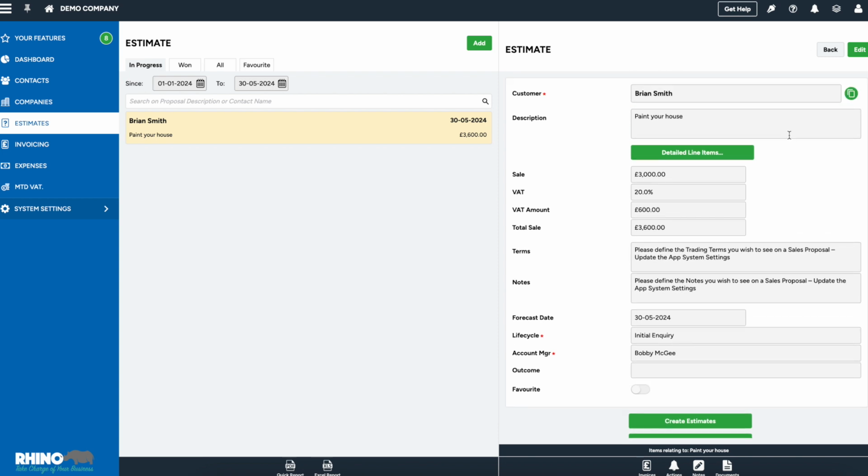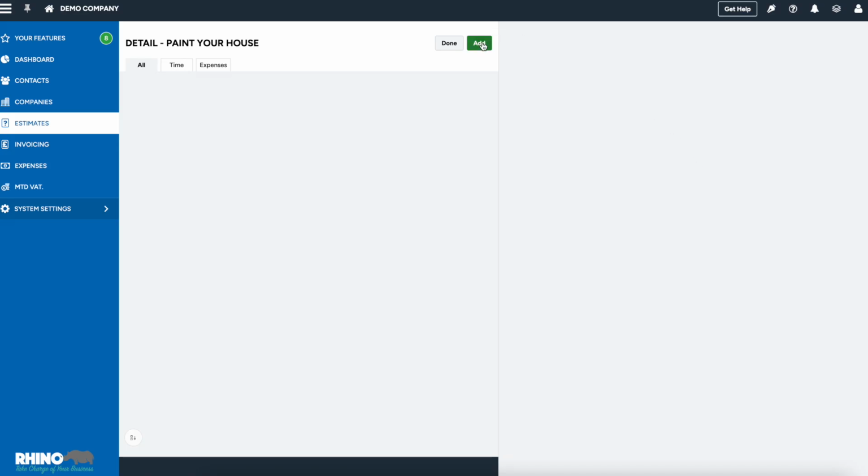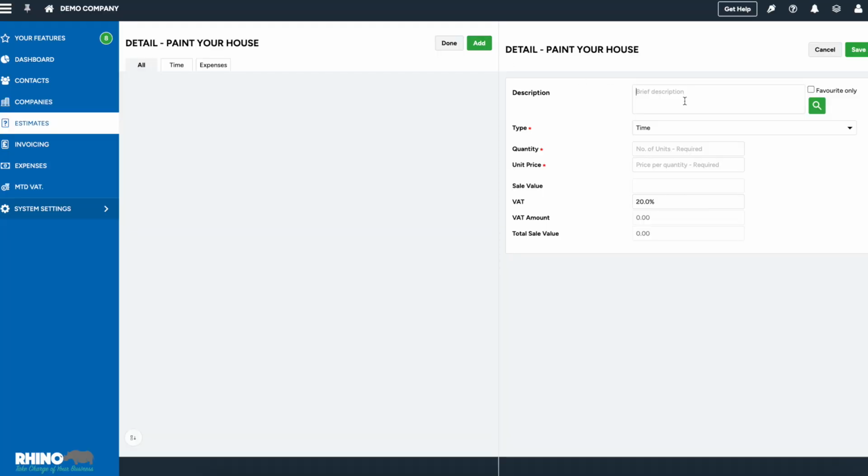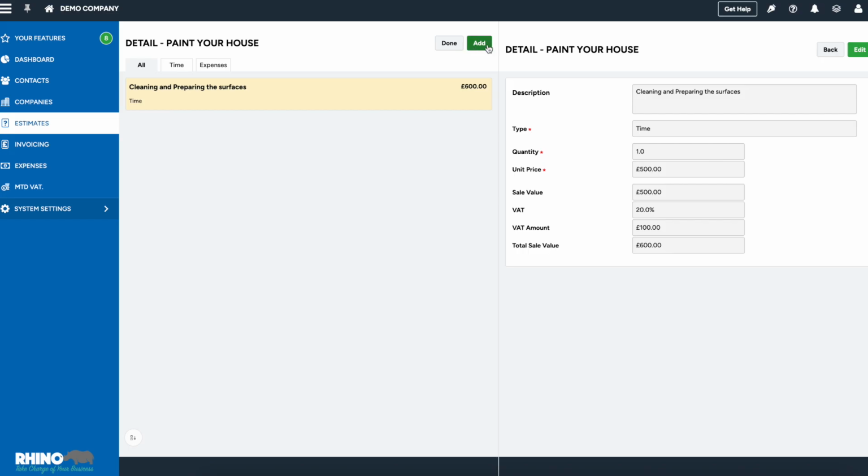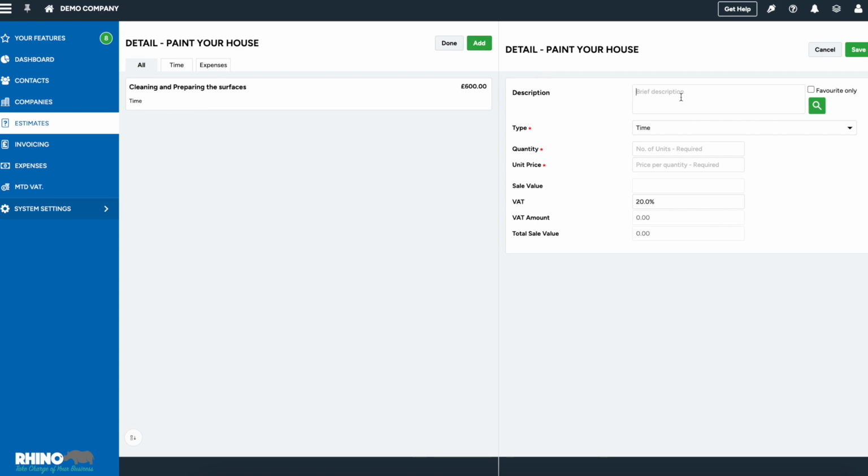Let's say the customer came back and said, I like it, but what I'd now like to do is have a more detailed breakdown of the estimate. So I can click on detailed line items and I can add individual line items. So let's say I want to spend some time cleaning and preparing the surfaces, and I'm going to spend, say, £500 doing that. Click Save, click Add, and then I apply